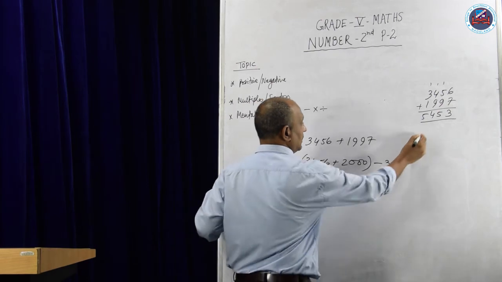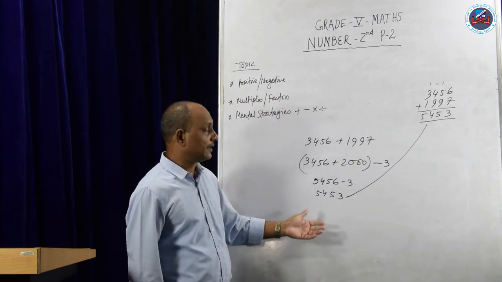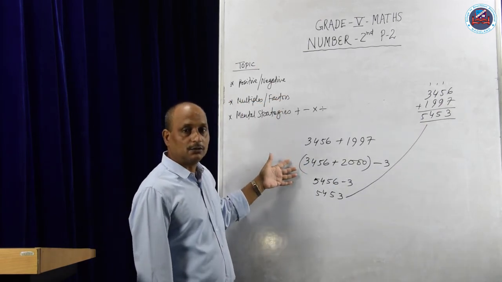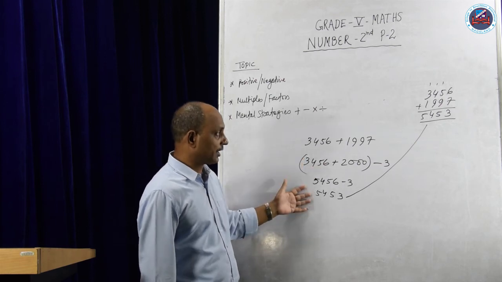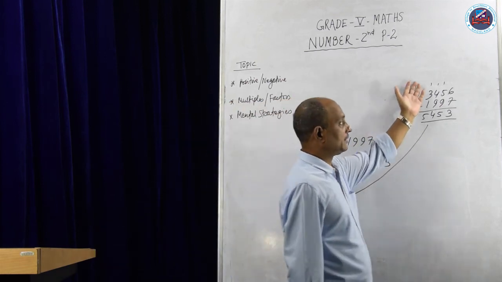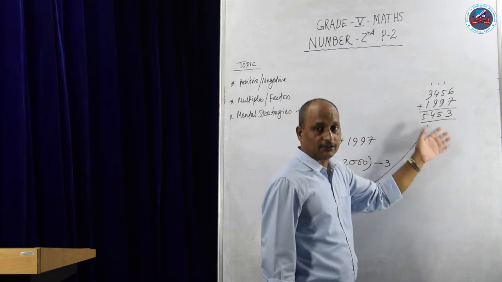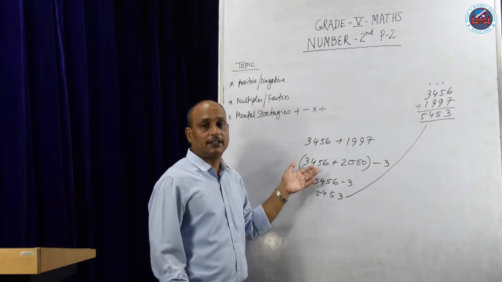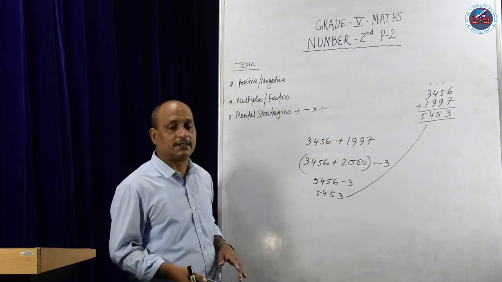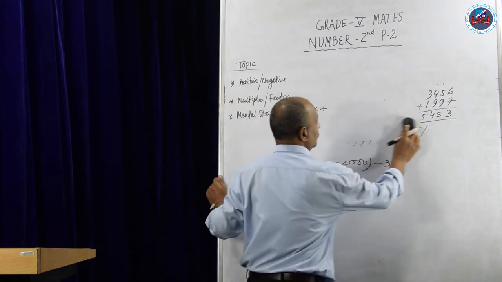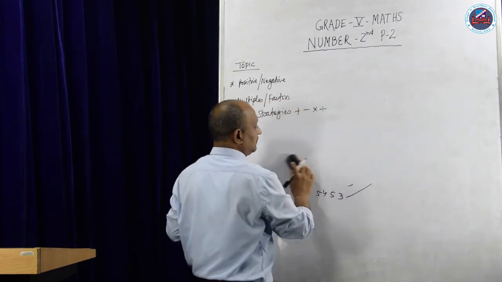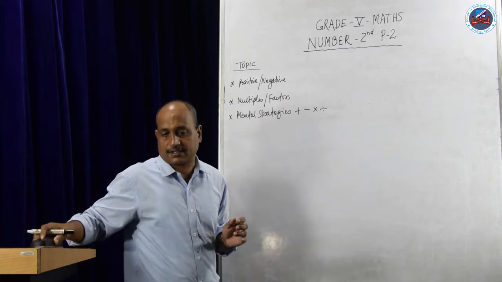You see this number and this number are the same or not. It becomes easy to do with mental strategy in this way, and when we do it the formal way, we have to take, we have to give, we have to write, it takes time, and this one in an easy way we can finish it up. Now let us go for another number.